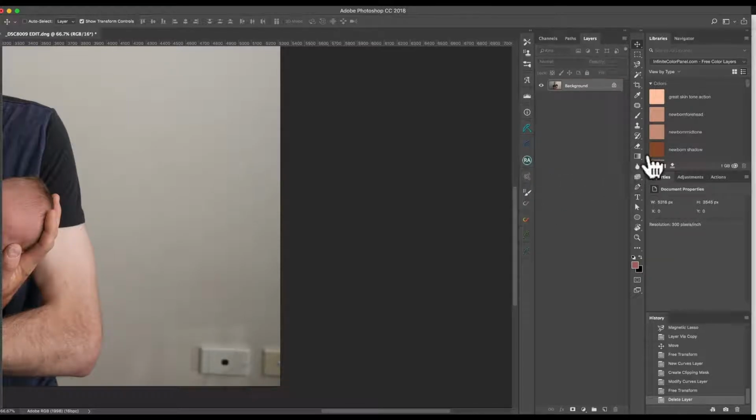Hi there, let's just jump straight into it and remove this power socket, or it looks like a TV socket, from the wall. I'm just using the patch tool now, and I find I just get inconsistent results with the patch tool. I lose texture, so I'm going to use my tested method that I can rely on every time, and that